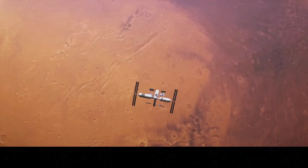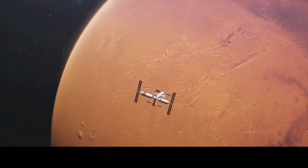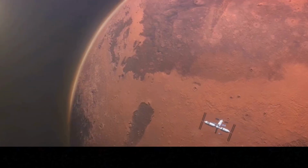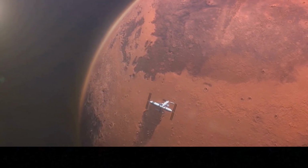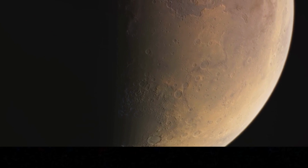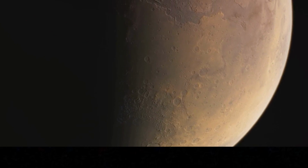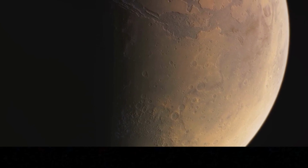thrive. Last, but certainly not least, is Mars. Often referred to as the red planet due to its iron oxide or rust coating. Mars is about half the size of Earth and has the tallest volcano and the deepest canyon in our solar system. Despite its barren appearance, Mars holds the promise of life, with evidence of past water flows and a thin